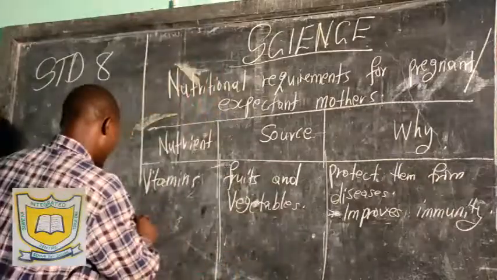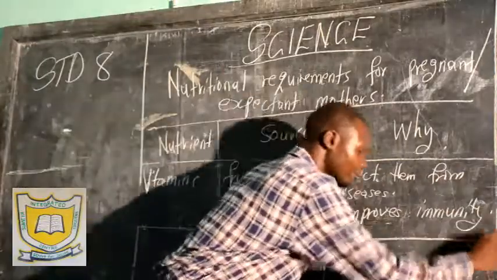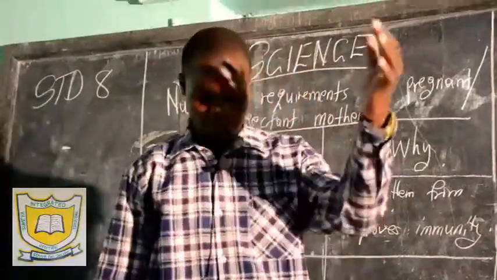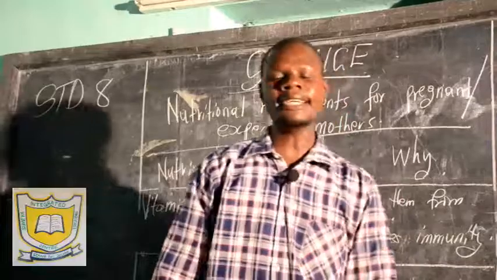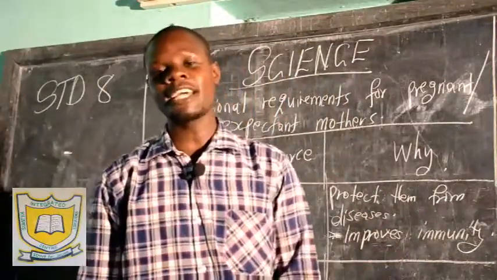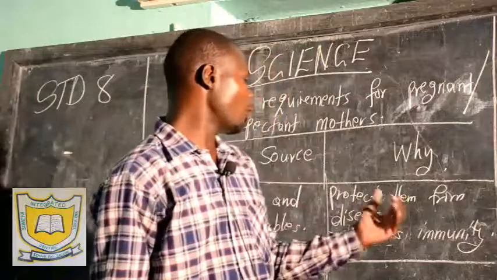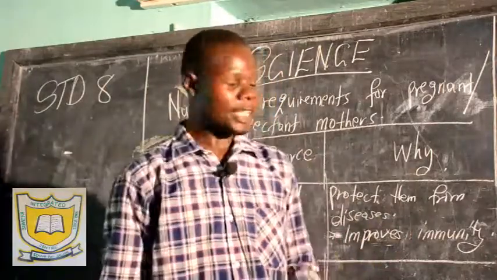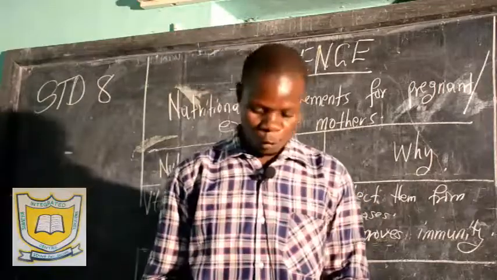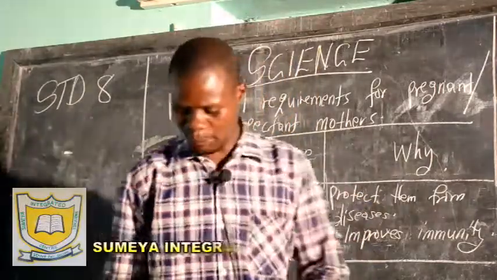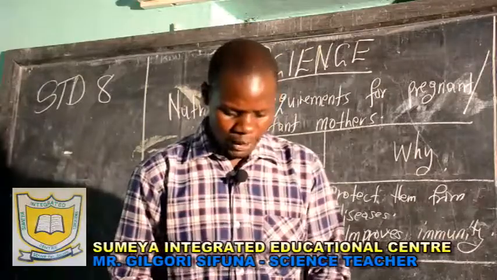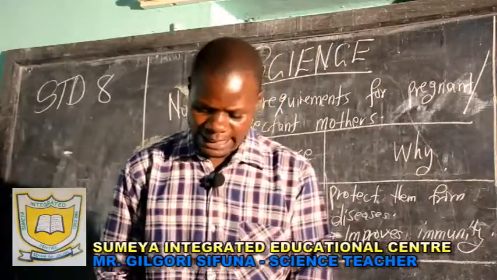Okay, that is the rule of 3. The rule of 3, we have talked about carbohydrates, proteins and vitamins. Now I said we should not only provide these for the proper growth of the pregnant mother, we also have very important nutrients that should also be supplied apart from this one, and they are also very important. Now what are some of these nutrients I'm talking about? Some of these nutrients, we have vitamin D.